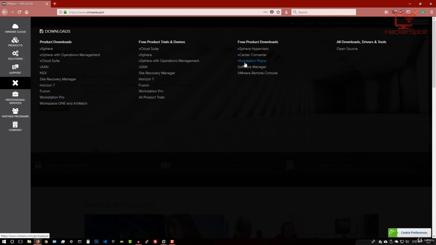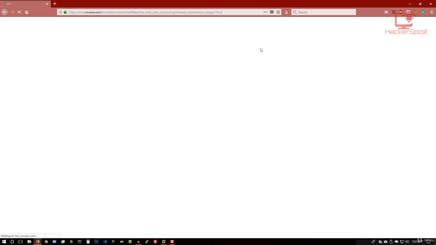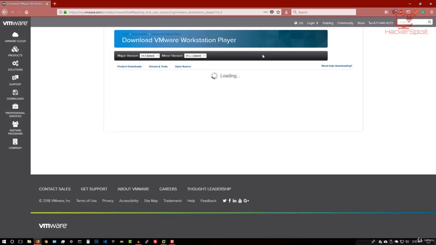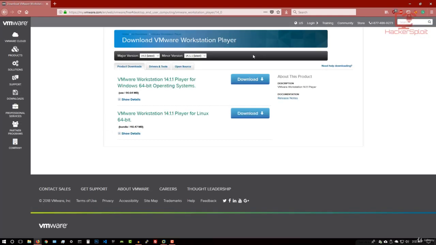So going back to Workstation Player, just click on it. As you can see, it's under free product downloads. You'll be able to use it as long as you want without any issues. Once we click on it, it'll take you to this download page, and the download page is going to offer you a few options. So you have your download for your Windows 64-bit operating systems,